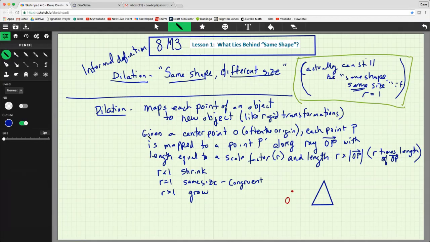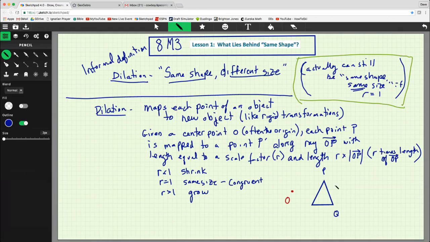We do that by taking a center point O. If I dilate this triangle using center point O, which is often called the origin, each point P, Q, and R is going to be mapped to a new point, P prime, Q prime, and R prime,